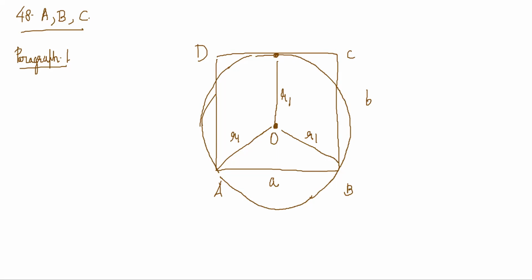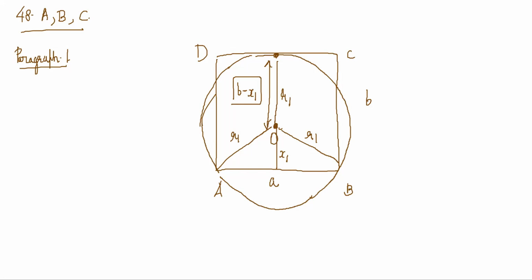So this figure is making sense. No, you have to find the ratio of R1 and R2, and the minimum value of R1 plus R2. The circle touches the side here and passes through A and B. Okay, so is the figure making sense? Yes, sir. So if this distance is x1, then this distance will be b minus x1.